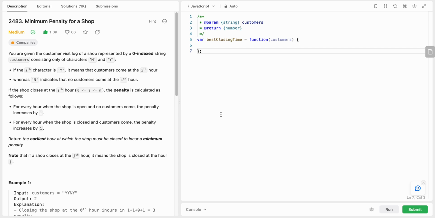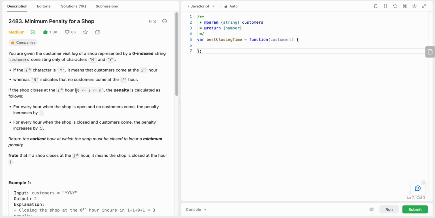Hello friends, today I'm going to solve Leetcode problem number 2483, minimum penalty for a shop. In this problem we are given a customer's string and the string consists of only characters n and y. Okay, and if the ith character is y, it means that customers are coming at ith hour, else if it is n, then there are no customers at the ith hour,